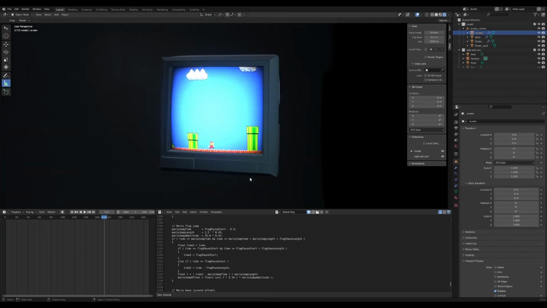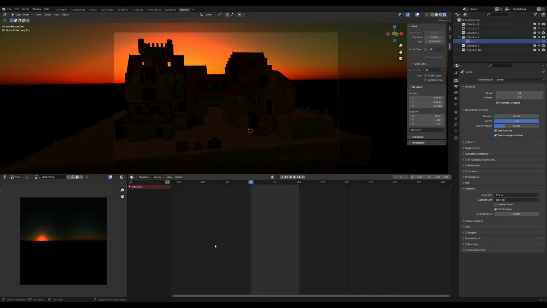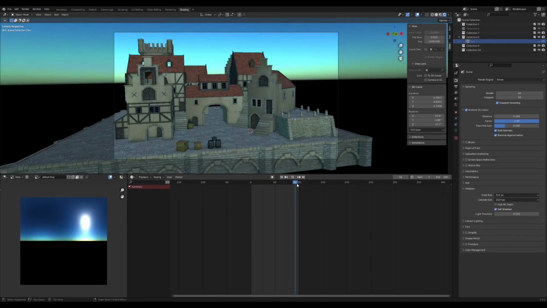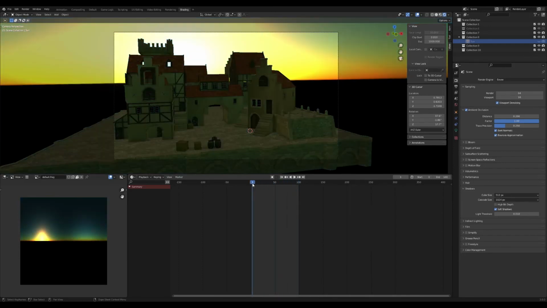But it's not just nice to use them as textures in the 3D scene, you can also use them as background and to light your scene. Here, for instance, I used a great atmospheric shader to light the scene. I've linked all the shaders that I used in this video in the video description.